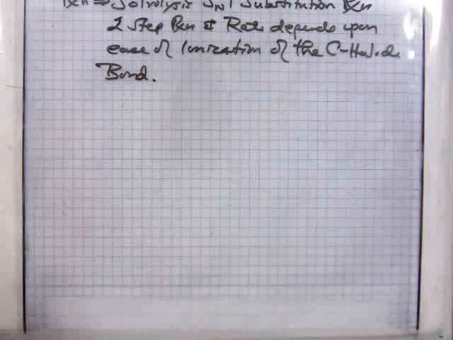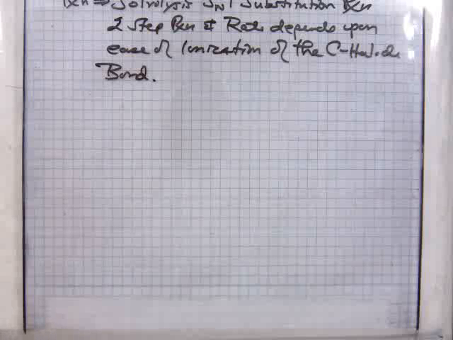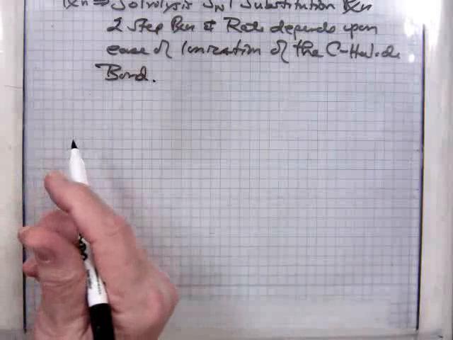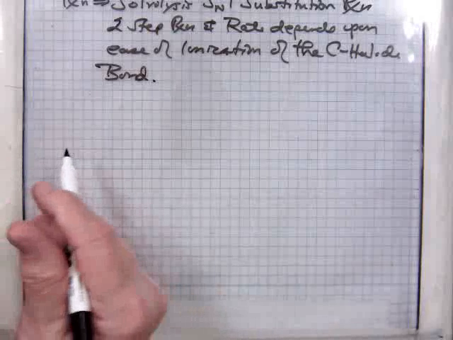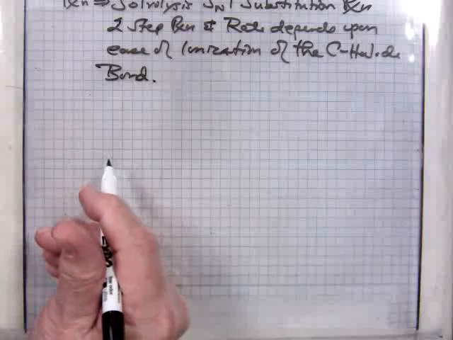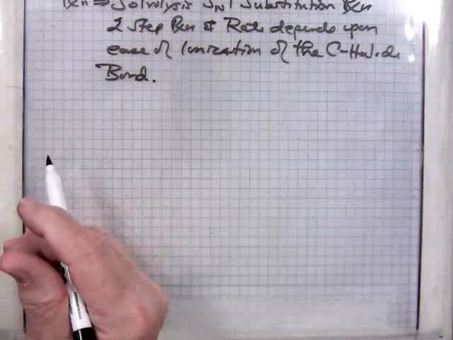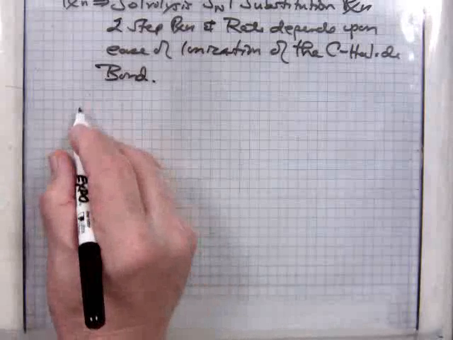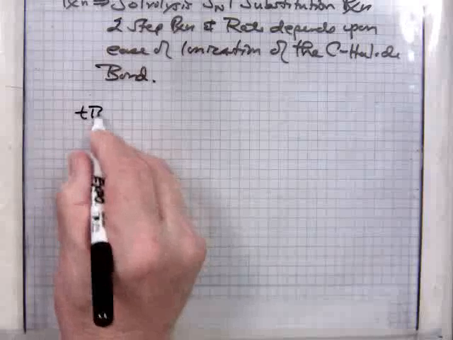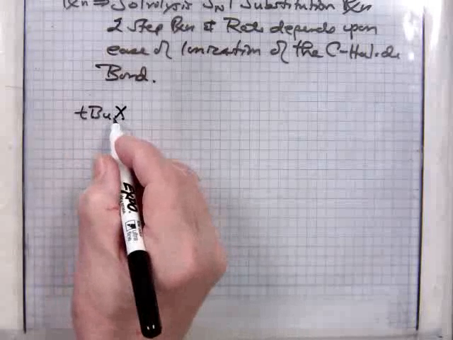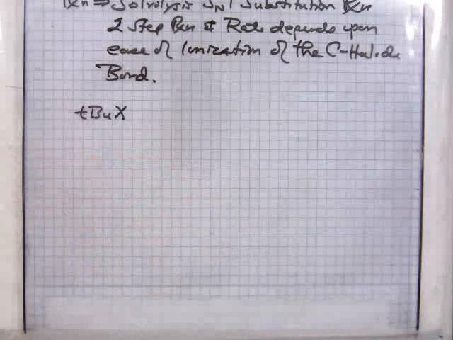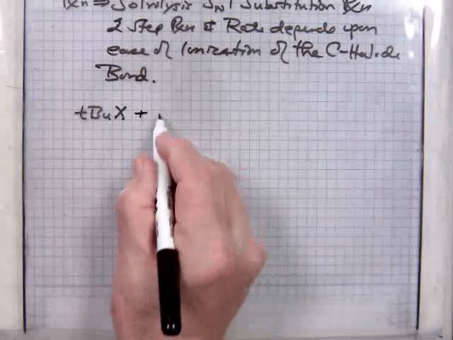So what we'll do is add a portion of the T-butyl halide into a 50-50 alcohol-water solution and monitor the rate changes in the T-butyl chloride and T-butyl bromide using the techniques that I'll show you in a few minutes. So, taking generally T-butyl X, being the chloride and the bromide, that's a general symbol for the halides, plus H2O